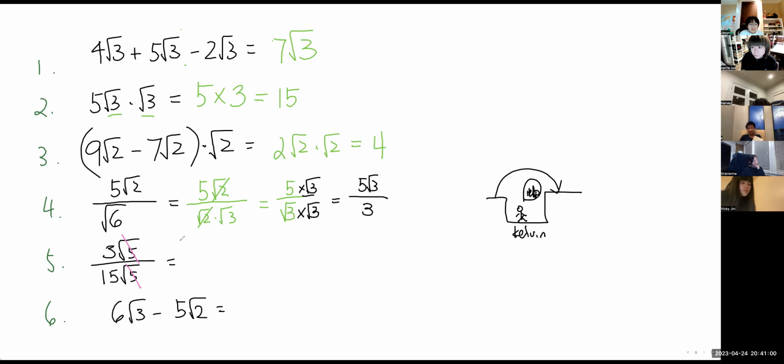We can just take away. So 3 and 15, we can simplify. So 1 over 5. So the answer is 1 over 5. 你知道做对了没有，Kevin？做对了。OK，最后一道，we cannot do anything. It's just the same. 啊，老师，我就错了一道，没事，就一道。